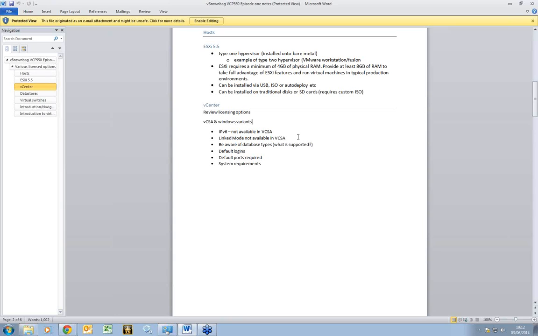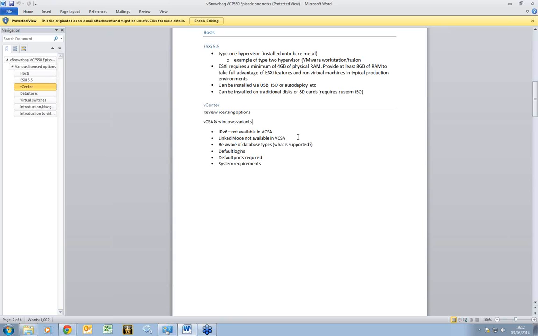So moving on a little bit from the hosts, let's talk a bit about vCenter. Now there are two offerings there. You've got the appliance and of course the installation onto Windows itself. There are marked differences on that, and you will get queried on it. The appliance now is a viable option to deploy in a production environment. It didn't used to be. It was more geared, they would say, we'd rather you just used it in a lab environment. They kind of didn't support it. I think it was beyond 50 VMs and a couple of hosts. But now they support, I think, up to 1,000 VMs and many hosts. So it's now